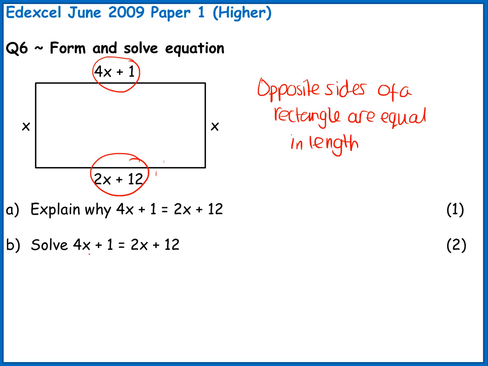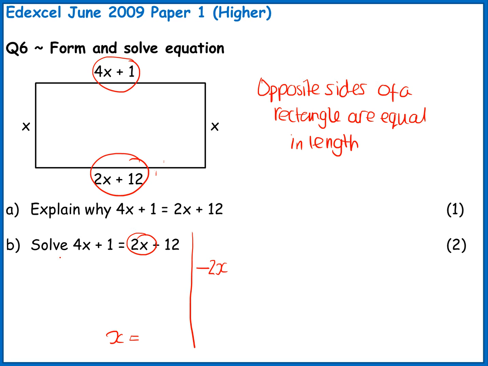So we know that 4x plus 1 equals 2x plus 12 because the opposite sides of that rectangle are equal. So we've got an equation here with unknowns on both sides. I've got x's on both sides of that equation. First of all, we need to be aiming to get x equals at the end. So to do that, we need all of the x's on one side. So the first thing I'm going to do is get rid of that 2x there. So I'm going to subtract 2x,